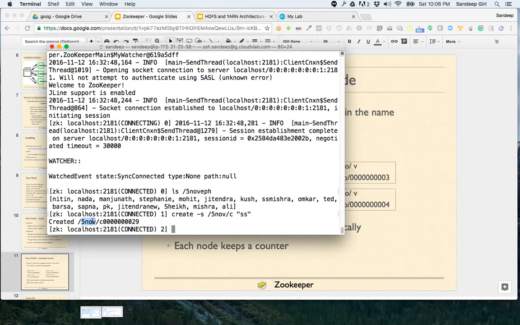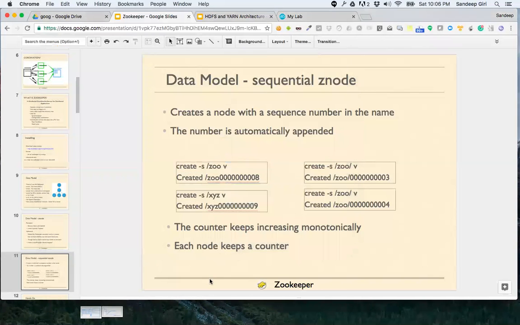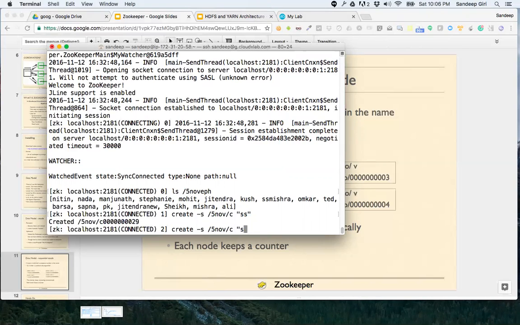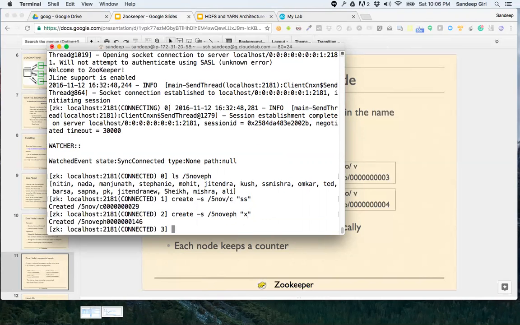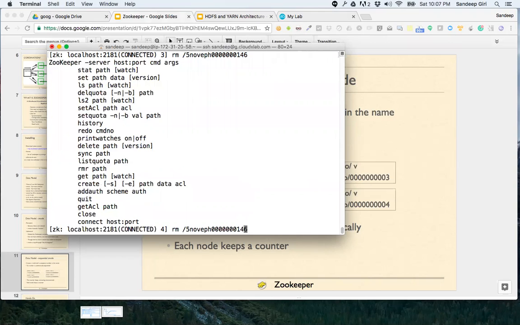Under 5 Nov, there have been 29 nodes created so far. Maybe they are deleted, but they were created. On similar lines, if I create one at the root level and put some data, a node has been created. That means at the top level, so far 146 nodes have been created. This is how this running count works.